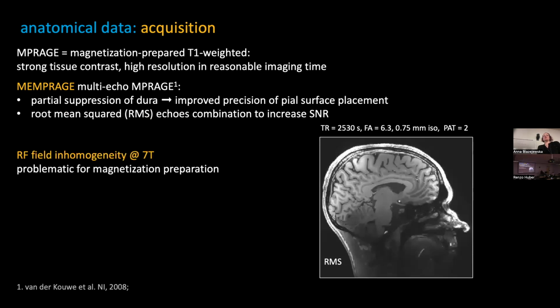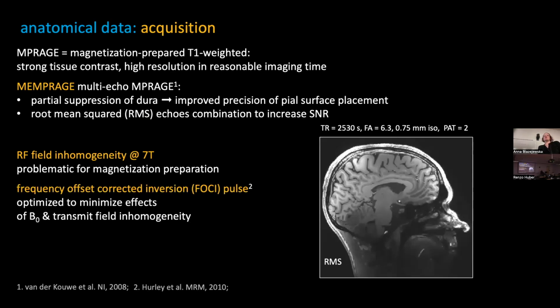And just to address a couple of other acquisition level things, these magnetization preparation methods are a little problematic when we have to deal with the RF field inhomogeneity at 7T. And so we also use a sequence with special fancy pulses that are optimized to minimize these effects. So this is just trying to get the best data we can for a given pipeline that we're going to